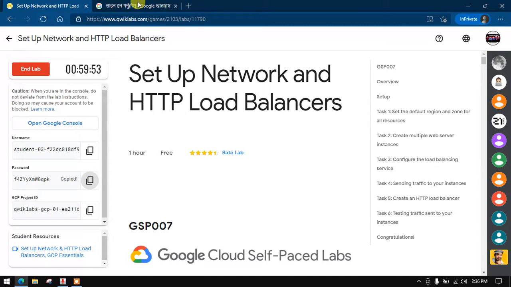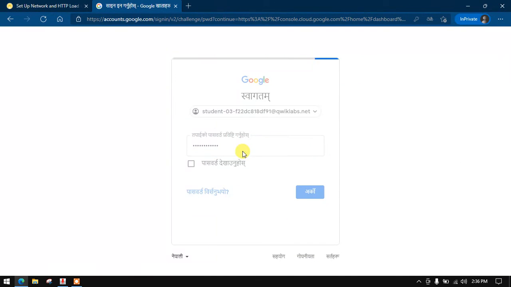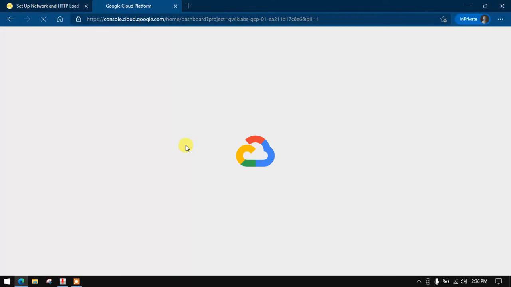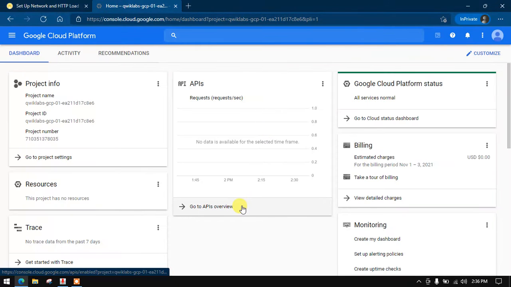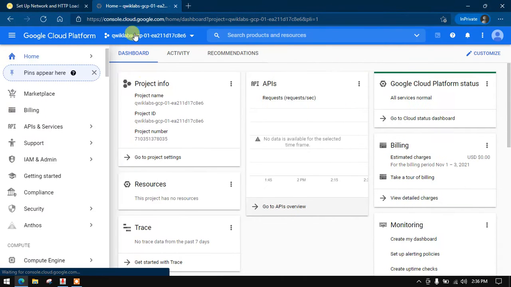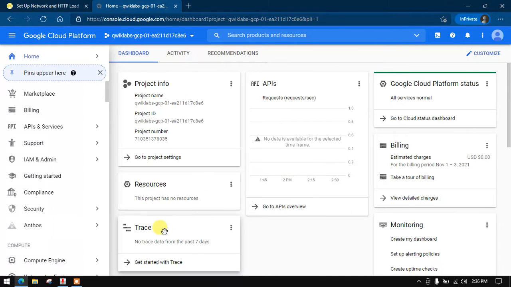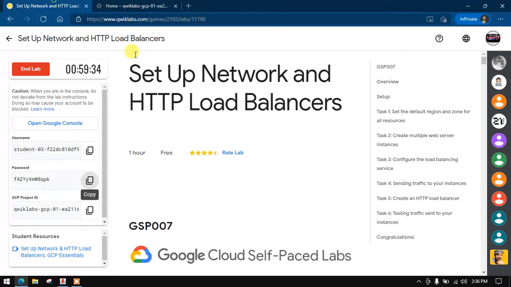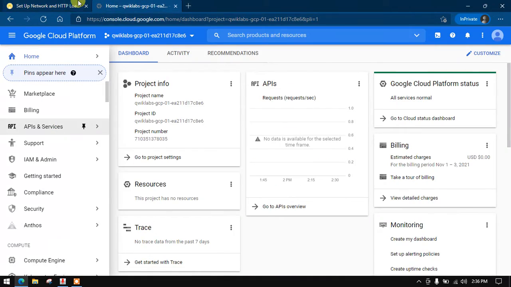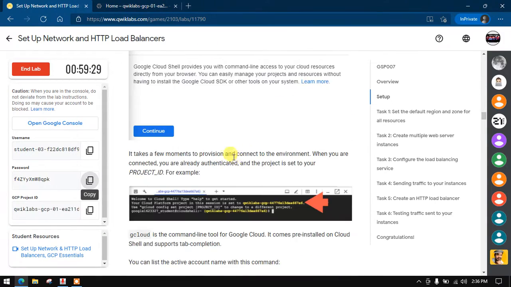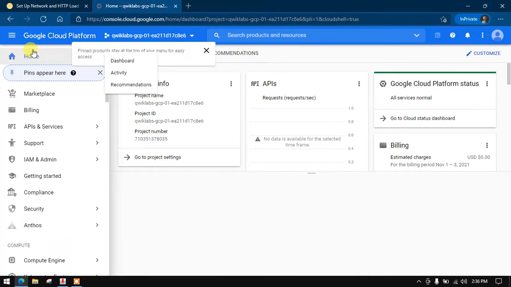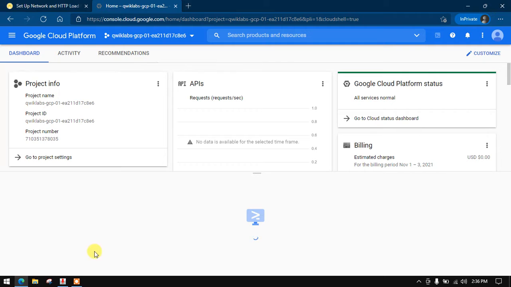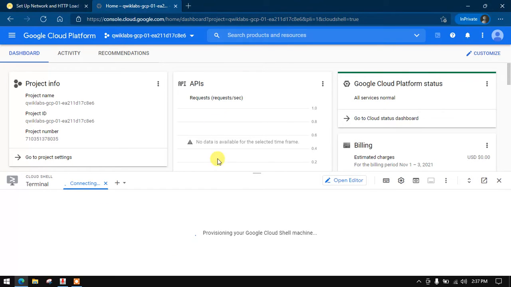and first we need to log in here. Once we are logged in successfully, we can proceed further, and here is the trick: we have to complete it as fast as possible. But you can see it is a little bit slow, and I don't know why it's not prompting me to accept the terms and conditions. So first we need to activate the cloud shell. I'm trying to do it as quick as possible, but it's taking a little bit of time.